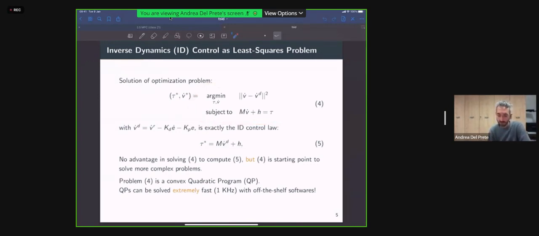And the good news is that this optimization problem is a quadratic program. It's a convex QP, which can be solved extremely fast at 1 kilohertz, for instance, using off-the-shelf open source software. So it's something that you can actually do inside a very fast feedback control loop.